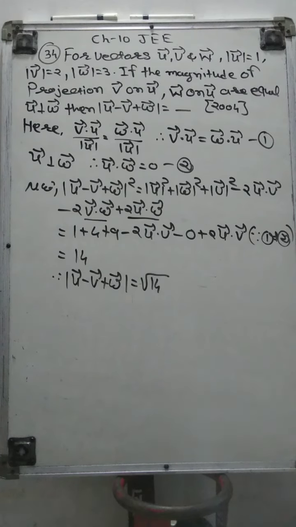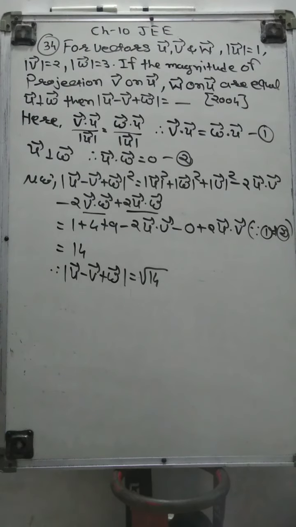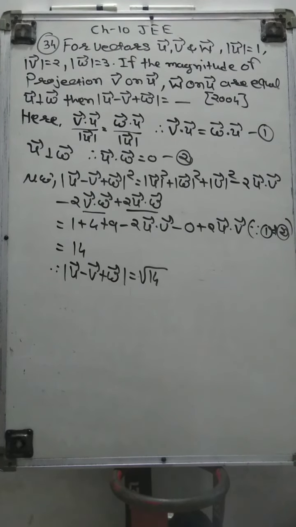Okay, this is quite a different sum, because here the magnitude of projection of a vector is also useful. So we use this very carefully, and then we go for the next one. If you know the projection, then you can easily give the answer, otherwise you have quite some difficulty. Okay, then we go for the next one.